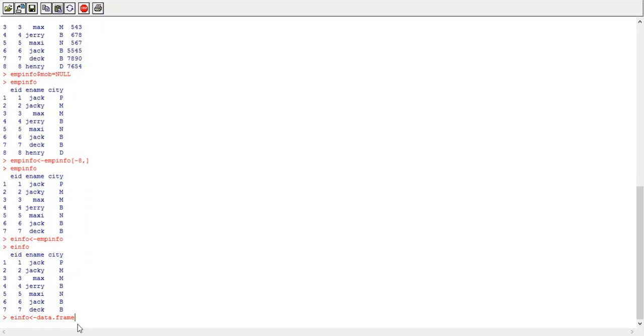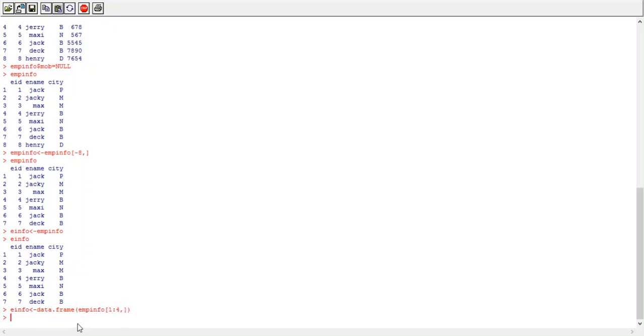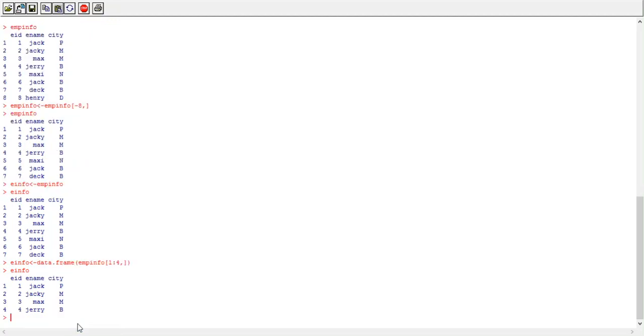So data.frame in brackets, emp info, this is my input. I want to copy the first 4 rows from the data frame and all columns. Okay. Now let's see the result. See, now einfo is the newly created data frame by fetching only 4 rows from emp info and all columns.